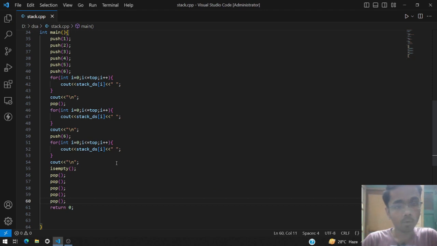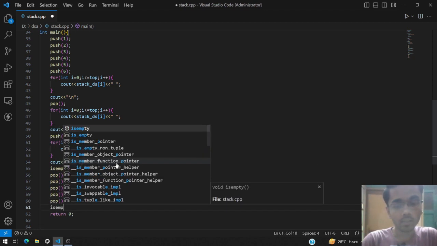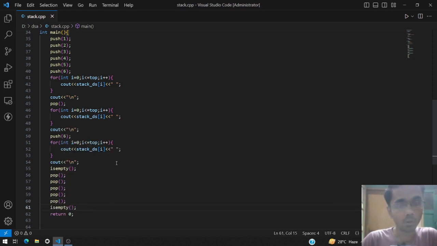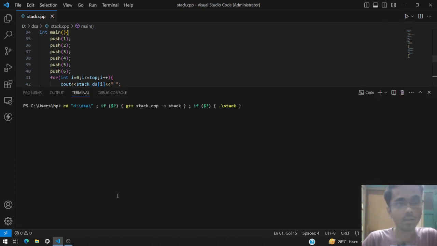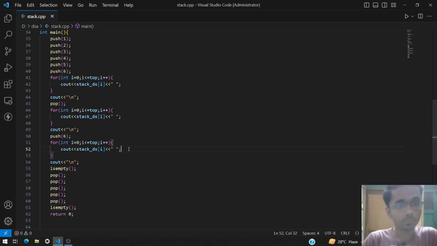Yeah, we have popped all 5 times. Now again check if the stack is empty or not. This time it should display empty. So yeah, we have removed all the elements, so it is displaying that the stack is empty.